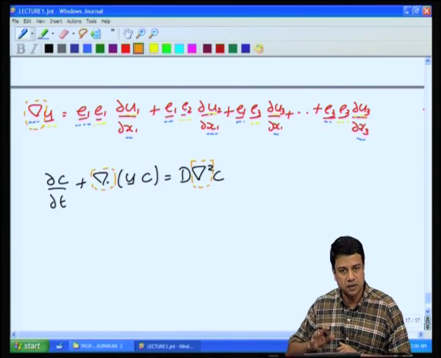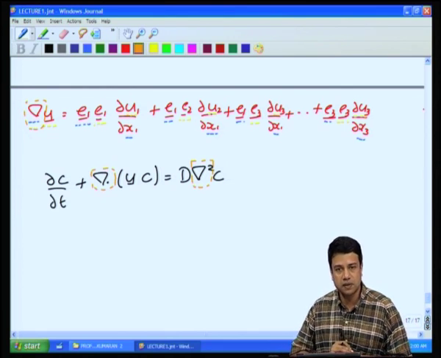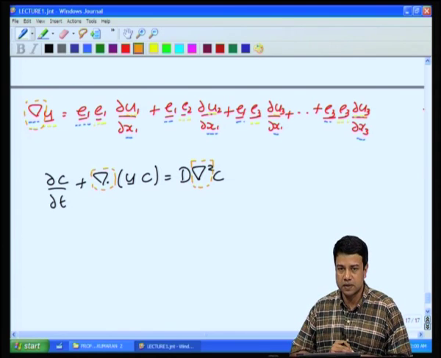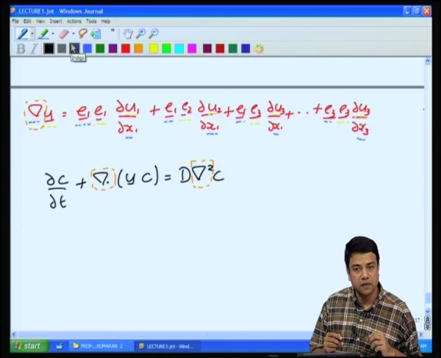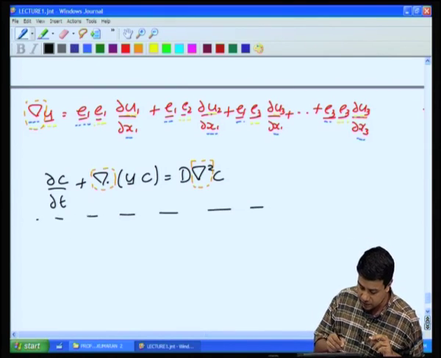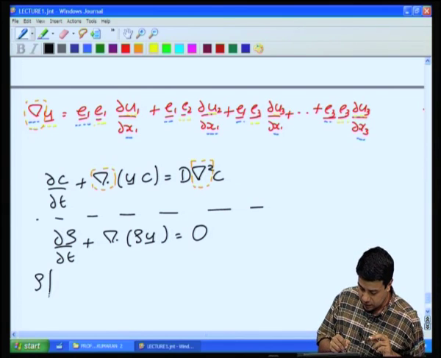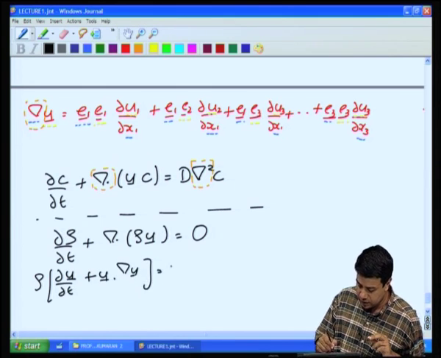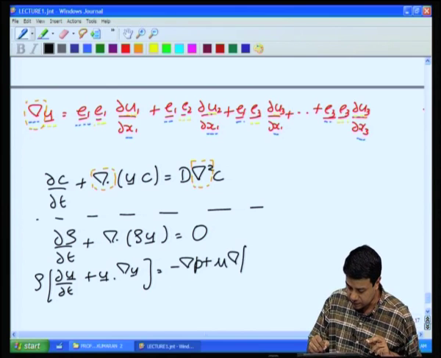So, that is one part of it. The other part of it, once we use these vector calculus, we will be able to get equations for the velocity field that are similar to these. They are called the Navier-Stokes equations, and I will just write them down here just to introduce them at this point. For an incompressible fluid, or let us just take it for a gentle fluid, these have the form partial rho by partial t plus divergence of rho u is equal to 0, and rho into partial u by partial t plus u dot grad u is equal to minus grad p plus mu divergence of